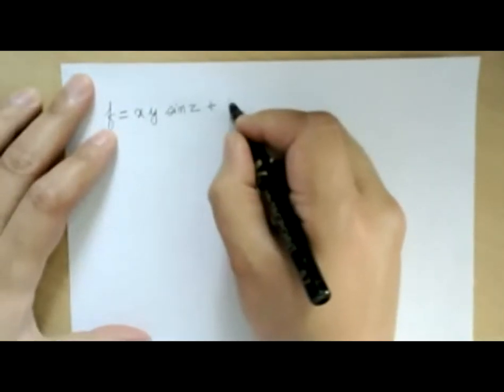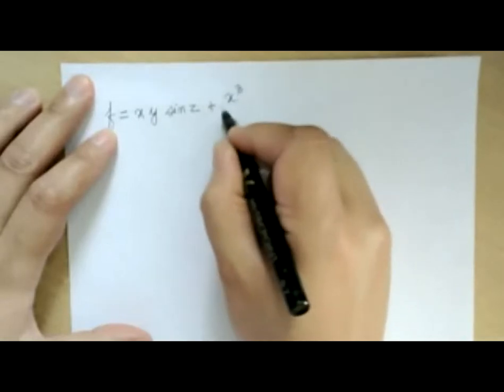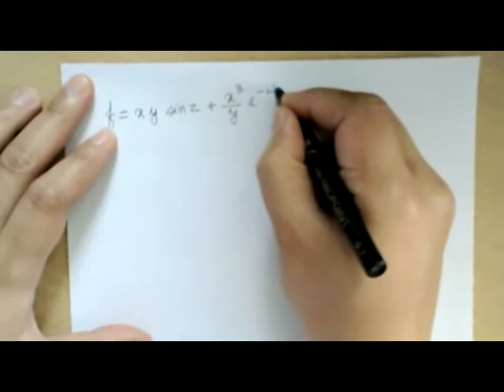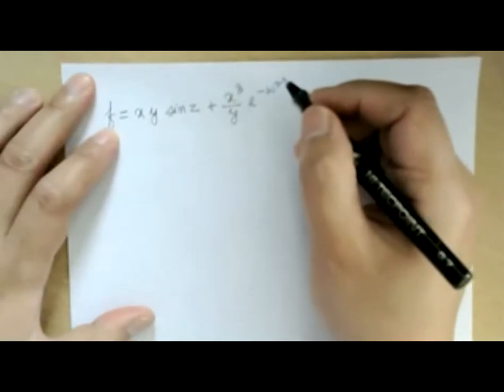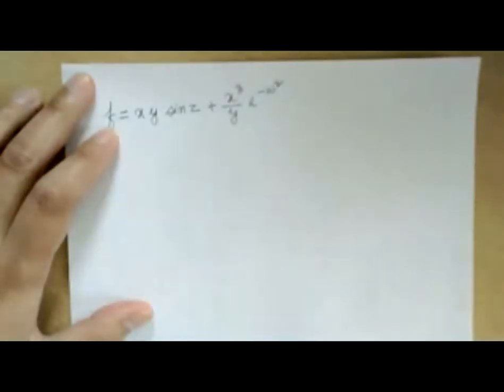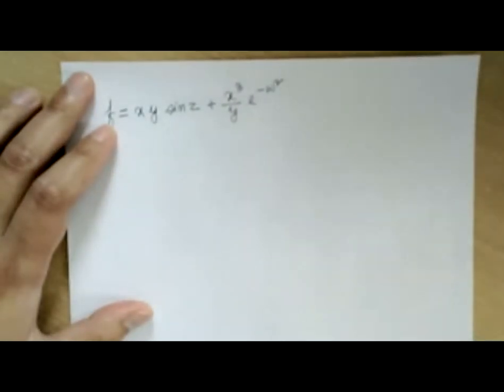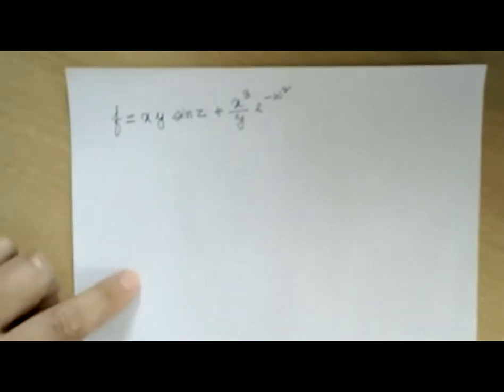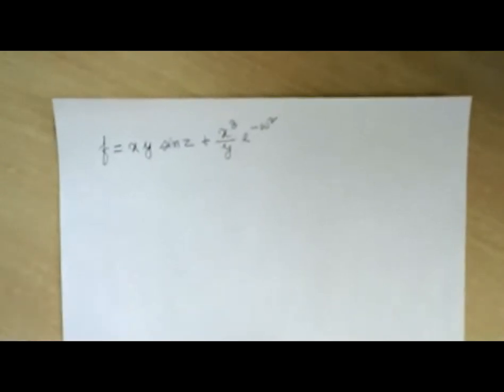plus x cube y e to the power minus omega square w square. The independent variables are x, y, z, and w. There are 4 independent variables, but